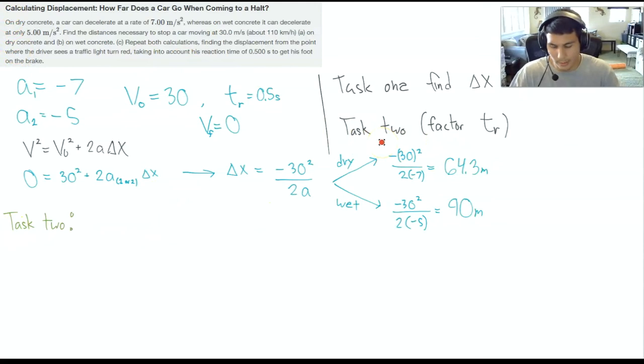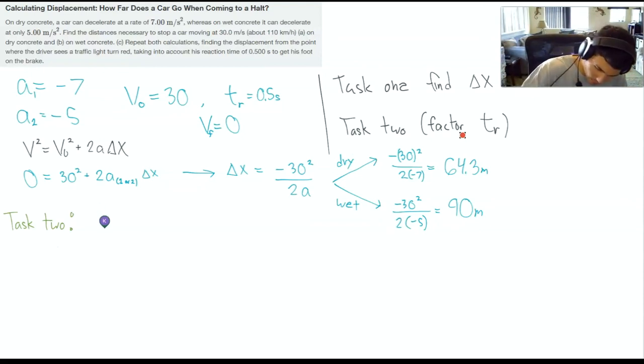So this is actually going to be like the hardest part of all the questions we did so far. Let's think here. So we got to factor in TR. And let's just think what this really means is he's driving. He's traveling at some constant speed. And he doesn't see the red light, so it takes him some time to see the red light. And then he hits the brakes and then he starts decelerating. So there's the equation we can use to describe all this. It's going to be,